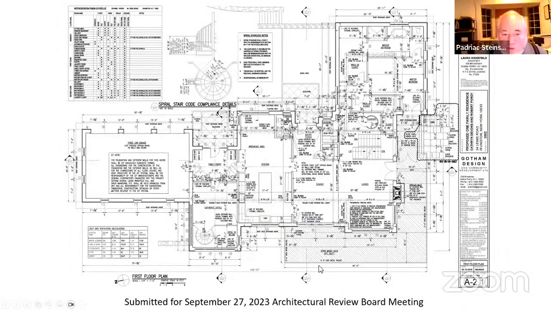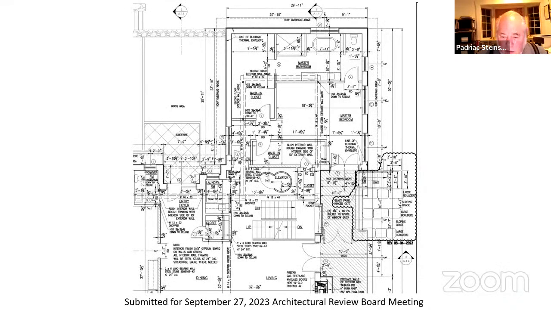Here's the first floor plan on the house. We've proposed adding a half flight of stairs over on this side. We cut the deck back, exposed the wall so that the stairs could come down from the deck, go down to grade. The net on this was a reduction in site coverage. So that was not an issue for any of those issues.